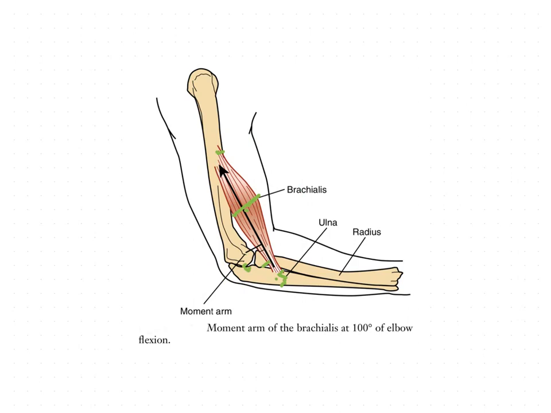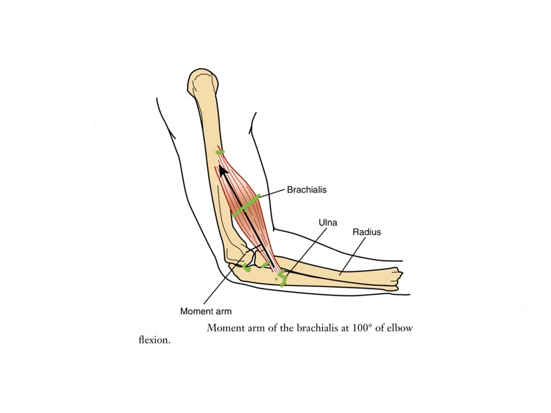We have seen that the two other muscles, the biceps brachii and the brachioradialis, attach on the radius. So these two muscles will have